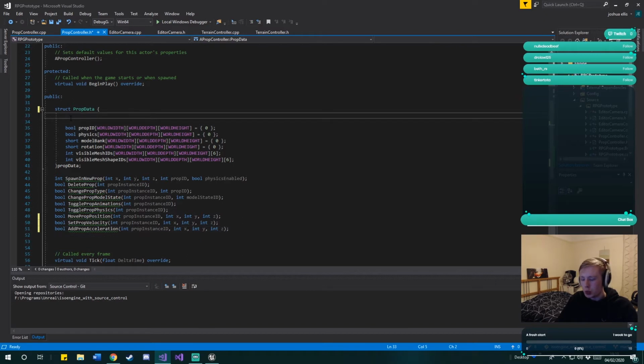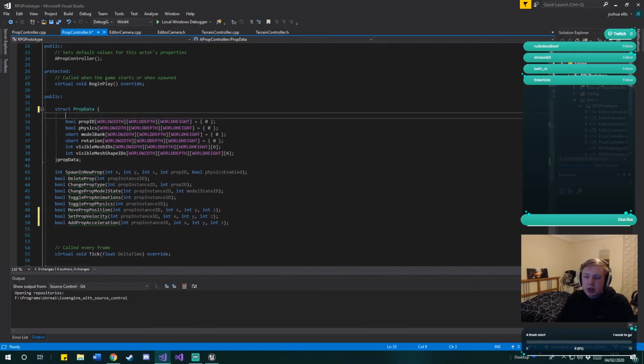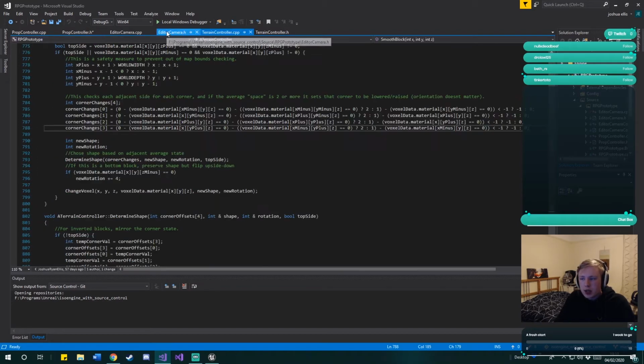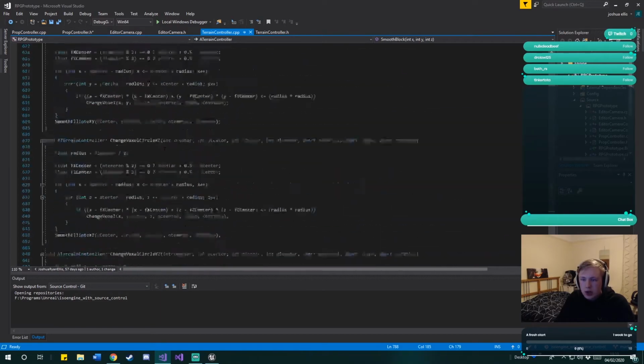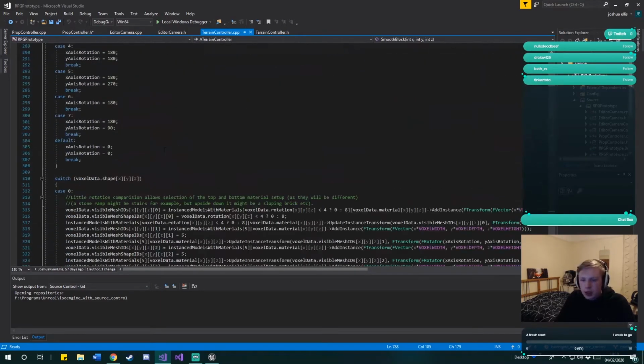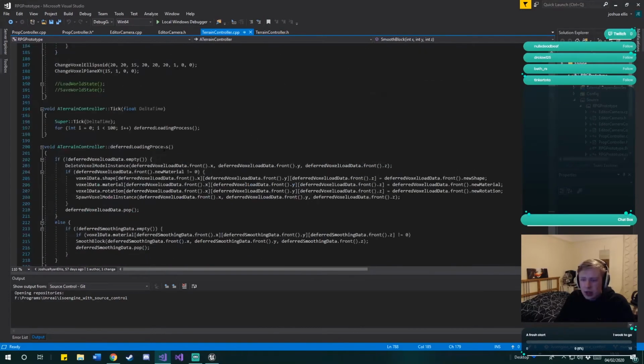There's nothing really that we want to do in terms of overcomplicating this too much. So right, to go into detail as to what this is, this will have to be reworked massively because it doesn't behave the same way that the other system does, but this was actually copied in code from the Voxel system that I kind of renamed slightly. I've not really done much work on it yet. I wanted to save that for now. But we're actually going to look at another piece of code that I have, I believe it's in Terrain Controller. So if we can find the section that handles, there's a lot of code in here, but I'll find the section that handles